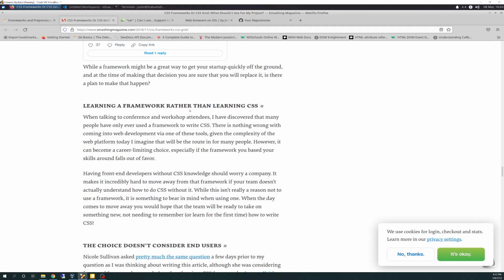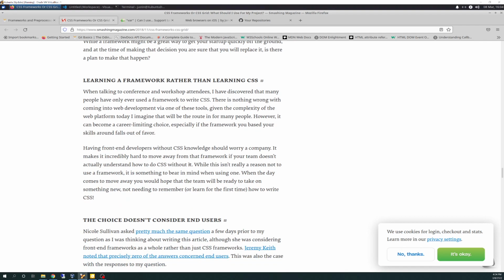Learning a framework rather than learning CSS. So basically, this isn't us, because we're learning pure CSS first, which I am very thankful and very grateful for. But a lot of new developers come on and they don't take the time to learn pure CSS, and they just go straight to a framework, which creates not bad developers, but she's using this as an example that these developers then have to go back and relearn pure CSS or vanilla CSS